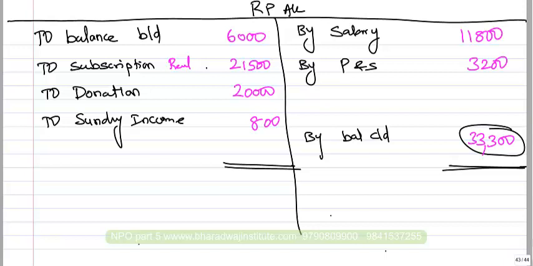After this, go through the next problem. The next question is one of the most repeated examination questions. You have to prepare the balance sheet also in that problem. You have to prepare the balance sheet at the beginning, do the workings and do the receipts and payments account, then the balance sheet at the end.